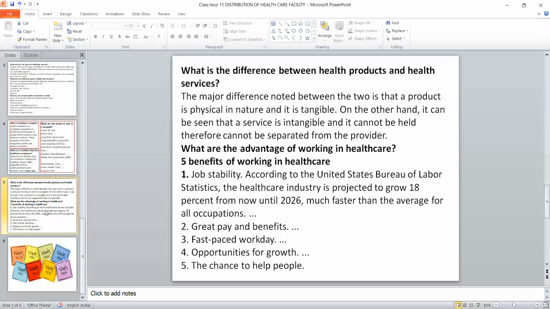Highly intangible, but you can feel it. You can receive it. Why? Because it is a service. For example, nurses, all paramedical staff and others, most of these services are health service products. But a stethoscope, BP machine, scan machines and all these things are called healthcare products. But the service of the doctor or nurse or compounder or any paramedical specialist advice, all these are health service